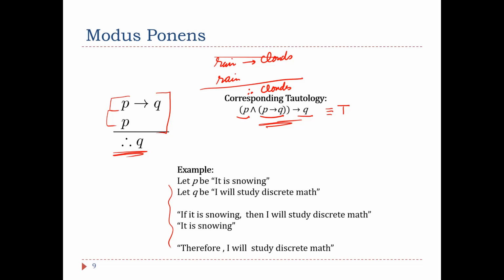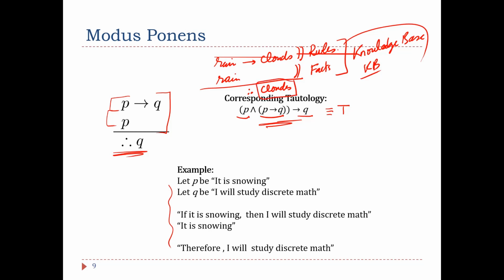Okay, so implications are typically called rules. Okay, and simple propositions that are believed to be true are called facts. Okay, together they build what we call your knowledge base, or KB in short. And usually from a certain knowledge base, from certain rules and certain facts, you can draw out valid conclusions using what we call the inference rules. So this is why, since the beginning in the introduction, I told you that learning about inference rules and how to apply them,